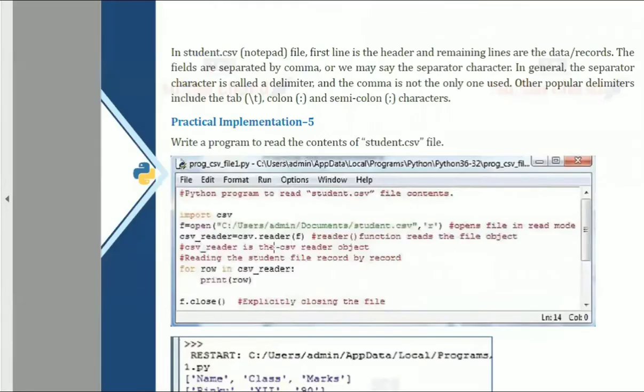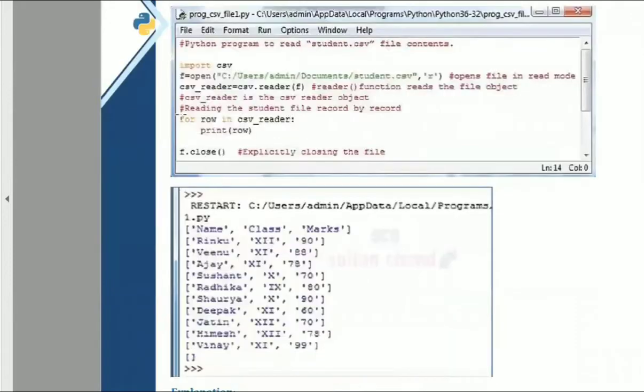If we are seeing it in the spreadsheet, it is going to be there in this format. Now, when we are seeing the practical implementation, this is the way we can write some content into the file. Import csv will be the first line, and as we have seen in text file handling, we will be giving the path where the file is available, and then comma r, we are opening in the read mode. We wanted to read the content from the file which is already created. So when we are opening in the read mode, the file must be available in the system, otherwise it is going to show you an error message.